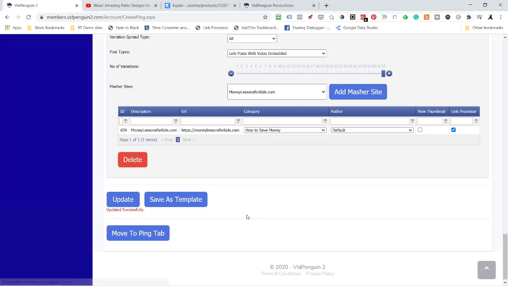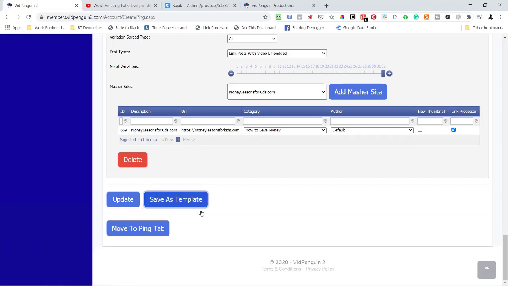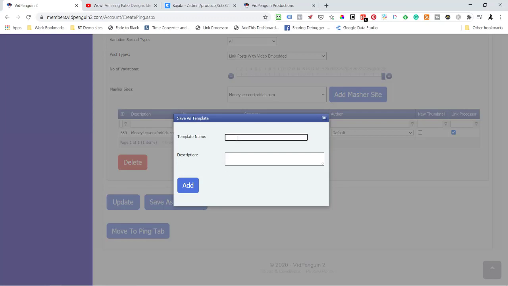Now, again, you can save this as a template, so I'm going to just save it as a template. Patio remodeling. And you can give it a description. It would be for your use only. So we've got everything ready to go, and